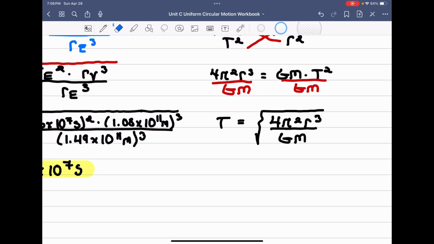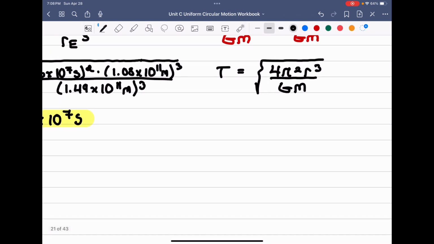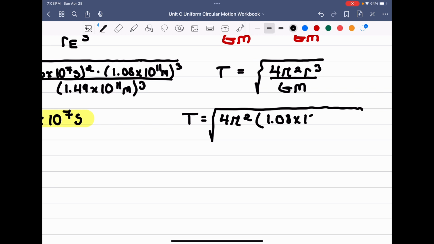There we go. Now, we actually have to plug in all the values here, so we're going to do that below. T is equal to the square root of, and so I'm going to keep it as 4 pi squared because I don't want to make it 3.14. Again, we want to hold on to that value. The radius around the sun is equal to 1.08 times 10 to the 11, as given above and previously mentioned